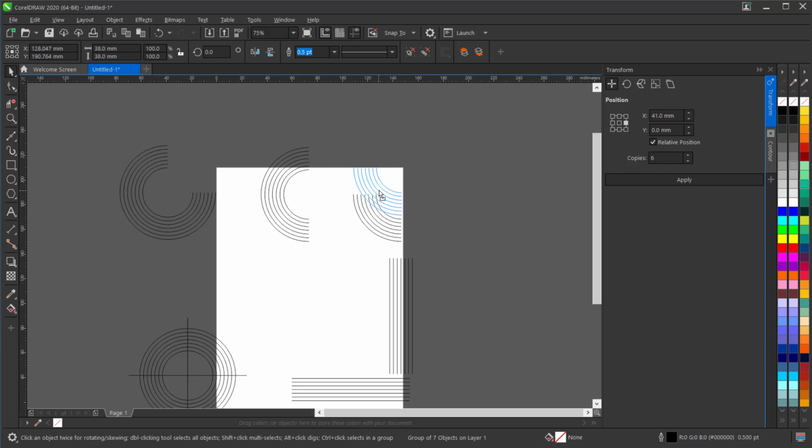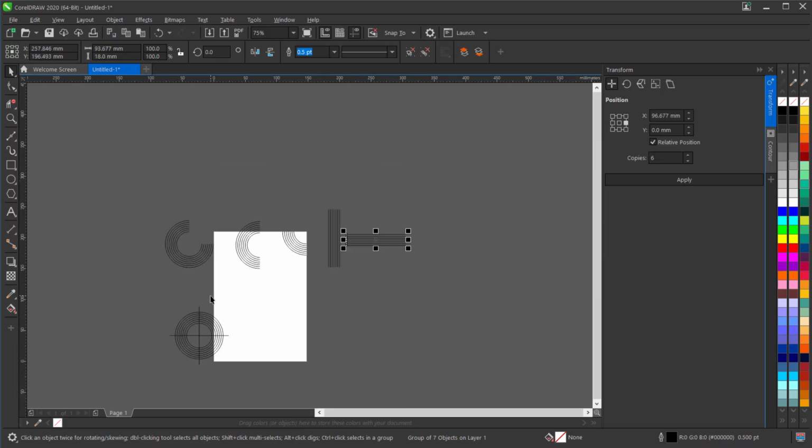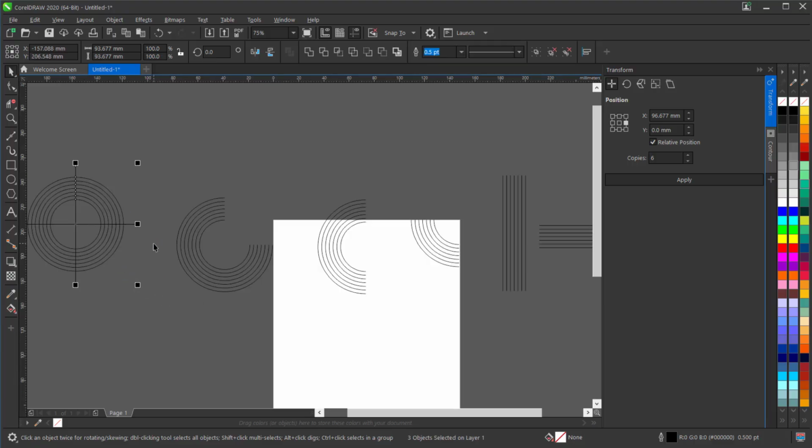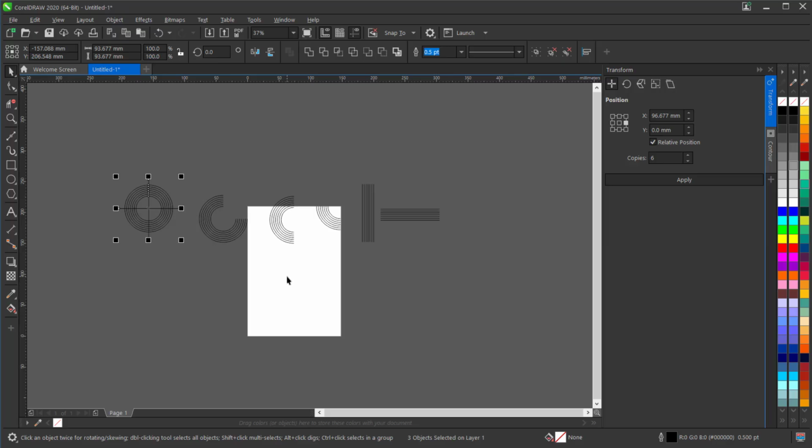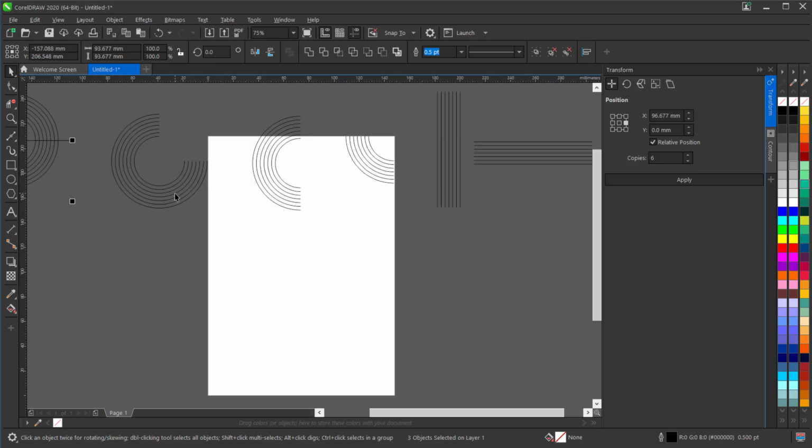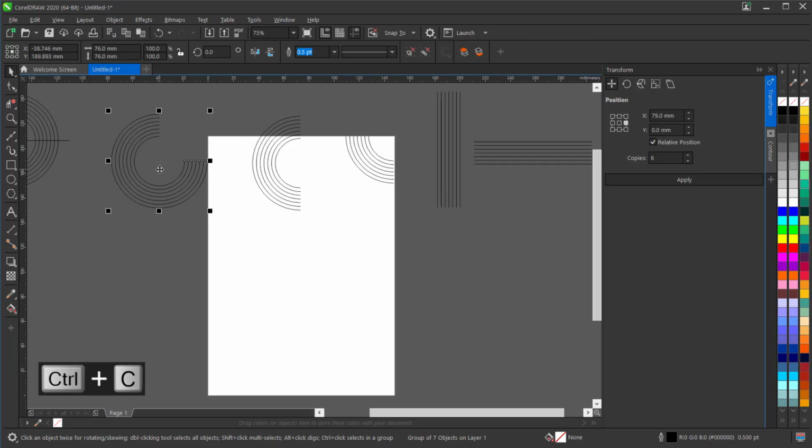Okay, so now let's position our stripes and start creating our letters. So we're going to create a retro style effect. So let's make a copy of